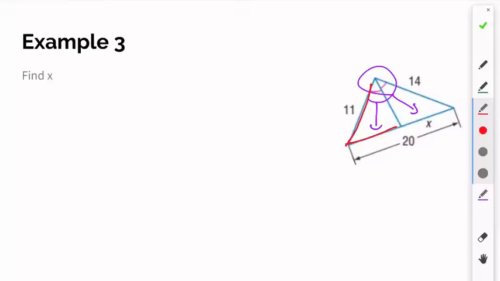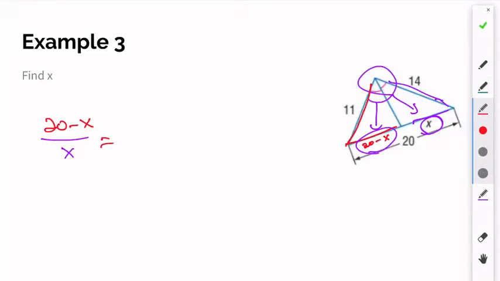If we look at the red part of the triangle, we know that this length has to be 20 minus x, because the whole length is 20, and we have to subtract the x piece. So that's going to be 20 minus x, and the purple side of the triangle is going to be x. Again, looking at this angle bisector, the opposite sides are 20 minus x and x. That is going to have to be equal to